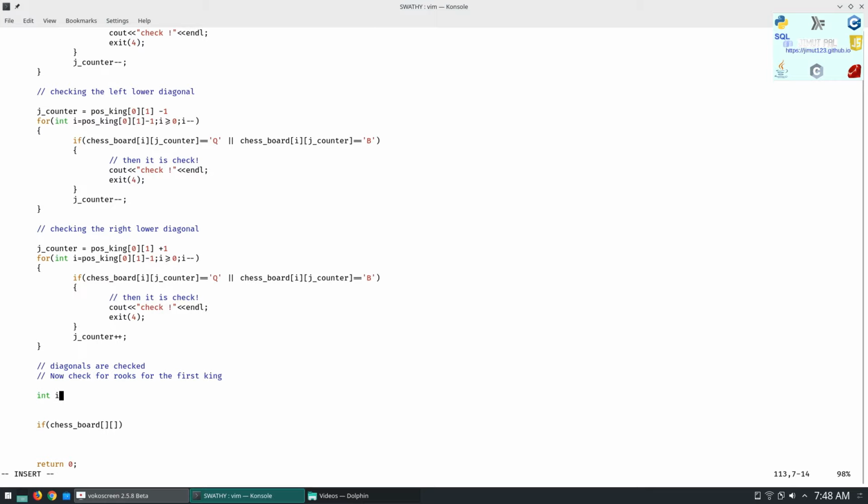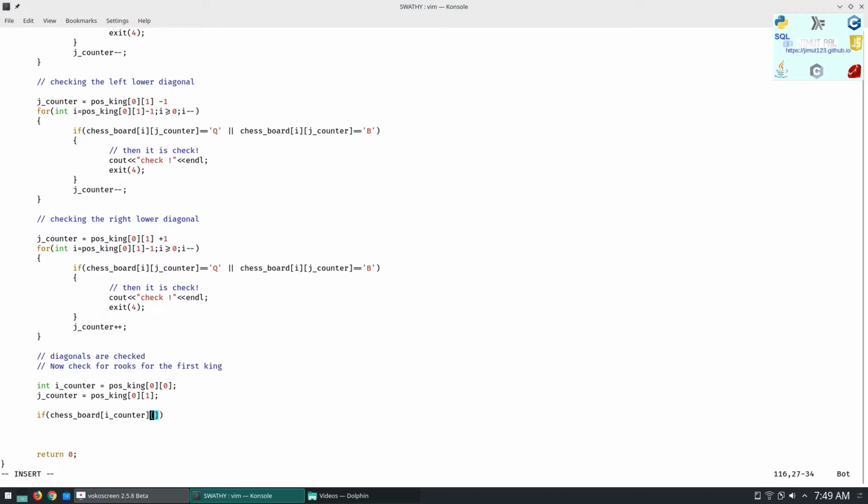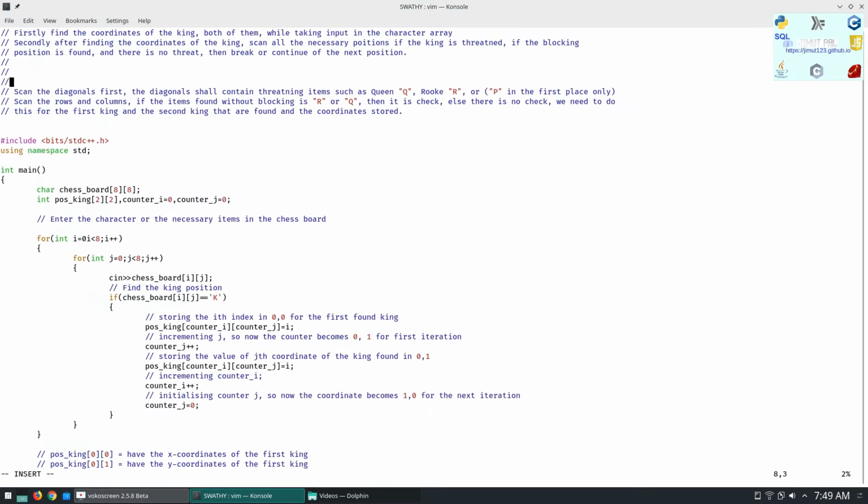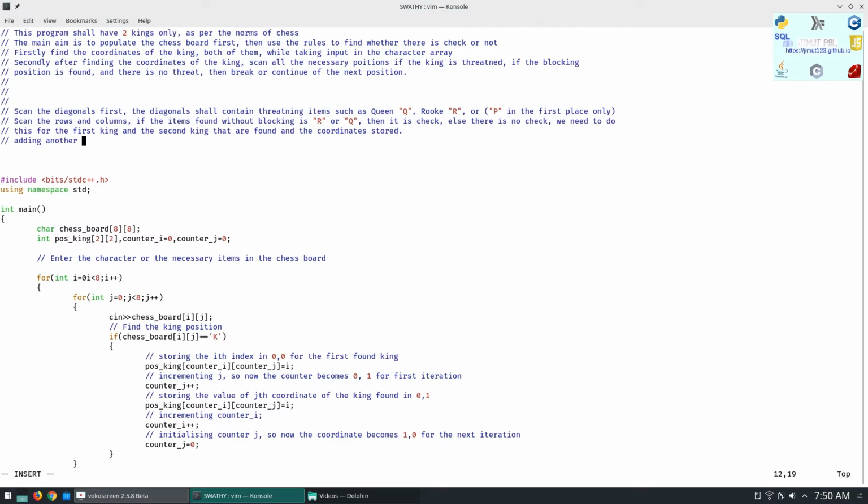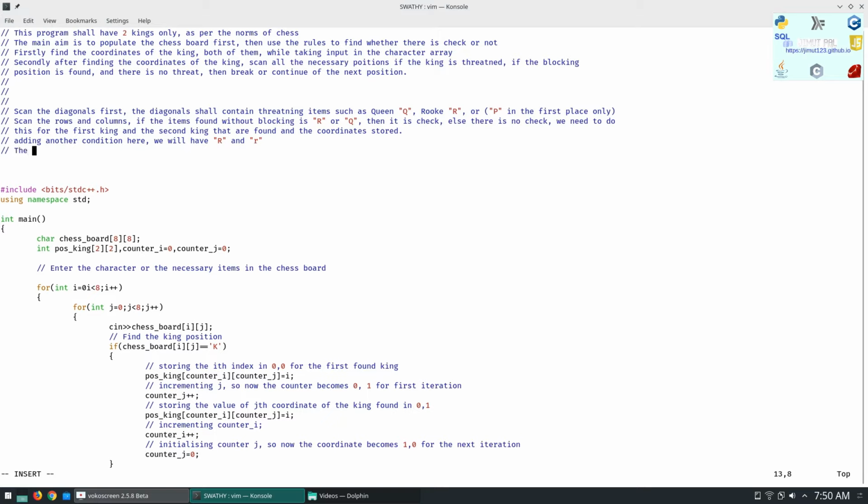So this was done with just rapid coding, like live coding, and I was trying to see if I could compile it once and everything just remains okay. So we will have some syntax errors, as I can see, and after that we will have to check the lower diagonals and the upper diagonals. So firstly, completing the diagonals, we can go to the